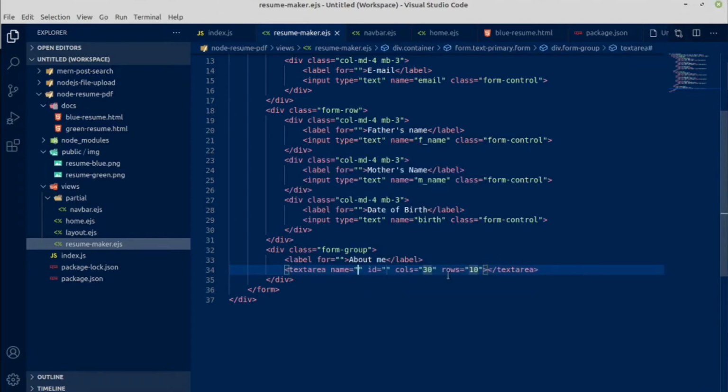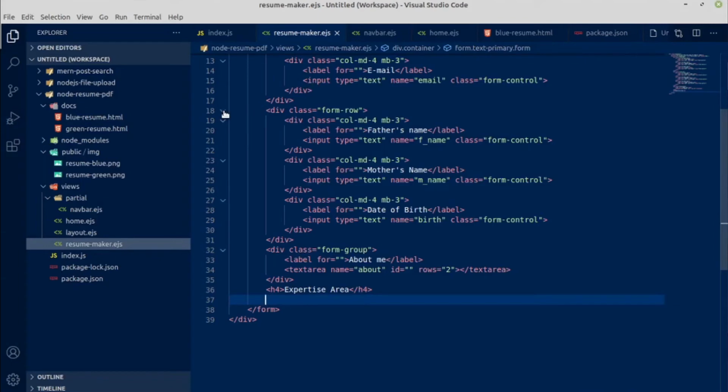Actually this is row 2 and the column is adjusted, so we don't need this column. And the name attribute, this would be about. Okay, next we'll have a header 4 after this form group, and below here we'll have another form row.